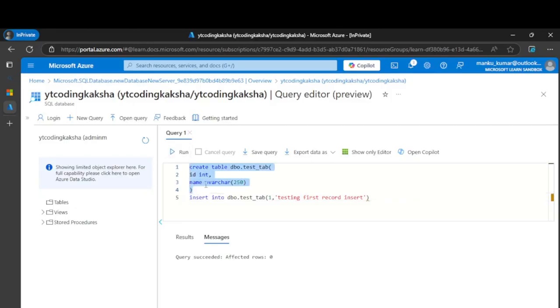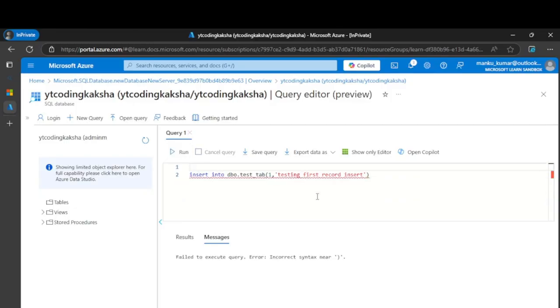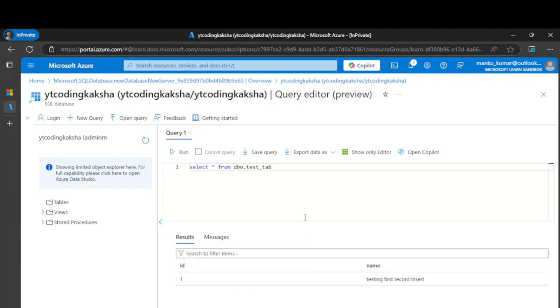Okay, let's run it. Okay, so we have to give values as well. Now give the select statement. So we can see we have one table which is dbo.test, and in that we have the recently inserted record, and we can see that record.